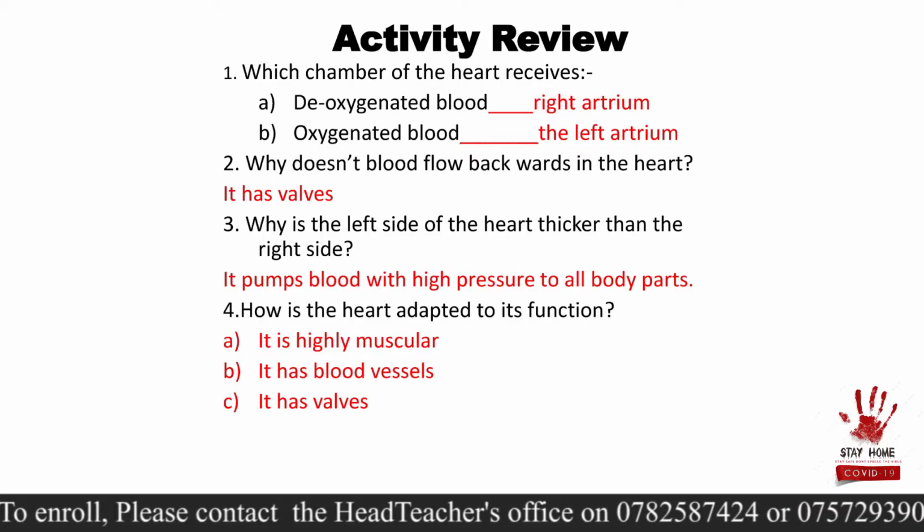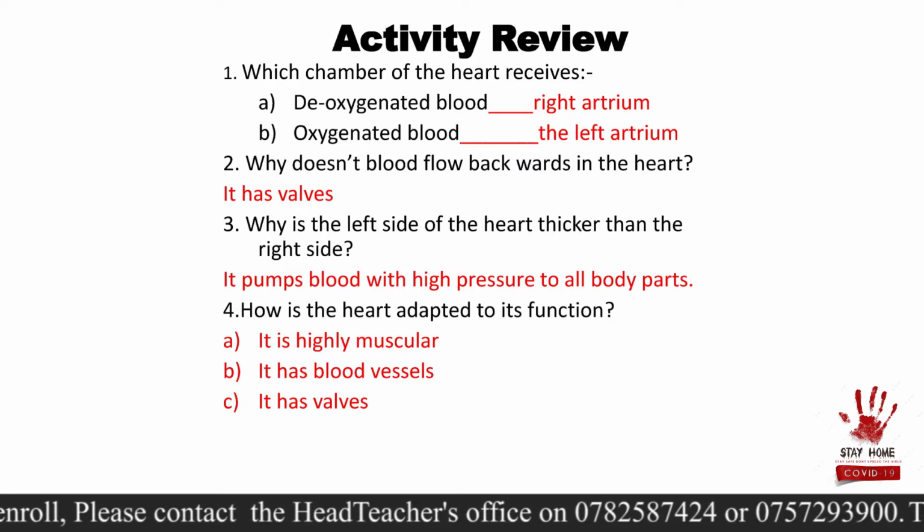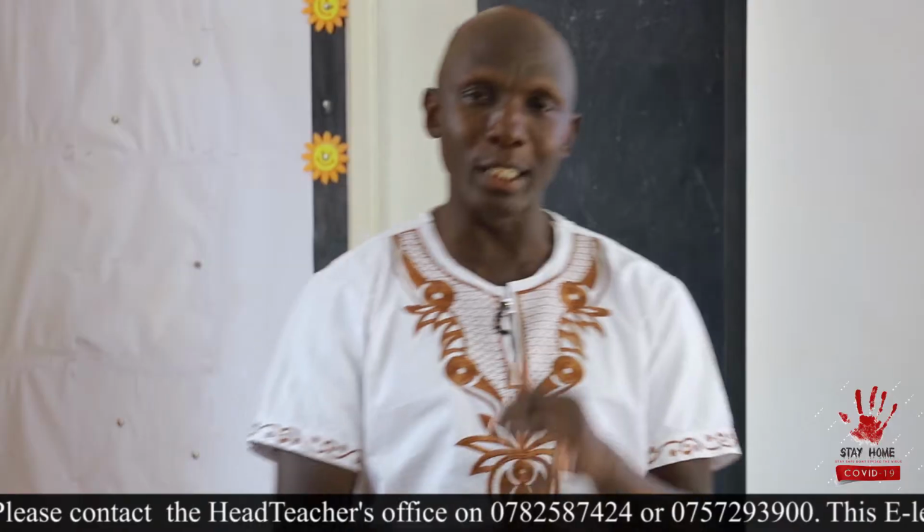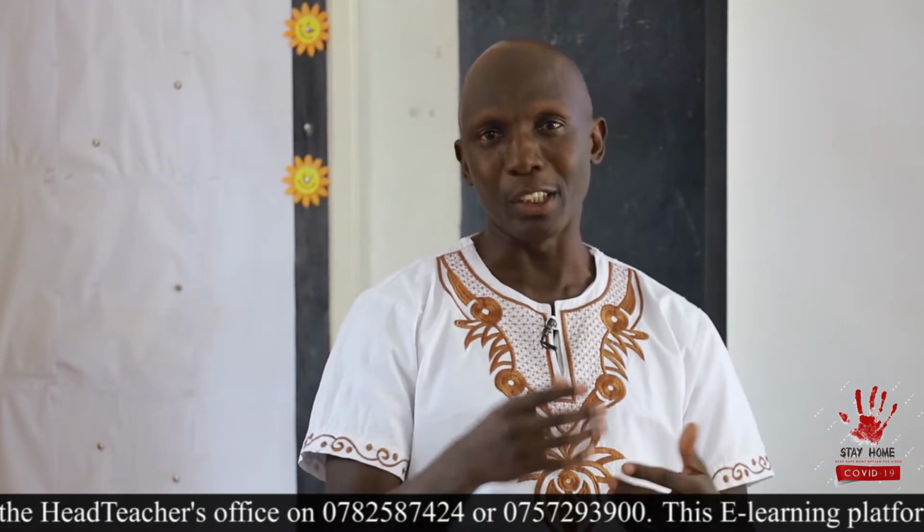Remember there are several valves in the heart. There are some words I taught you. There's a word called the tricuspid valve and the bicuspid valve. So those valves prevent the backflow of blood. So the blood shouldn't be flowing backwards once it enters the heart. Fine. That's good if you pass all my questions. You are very good children.